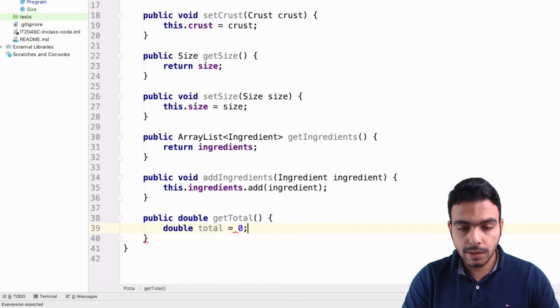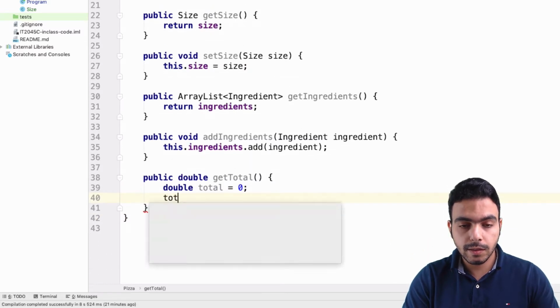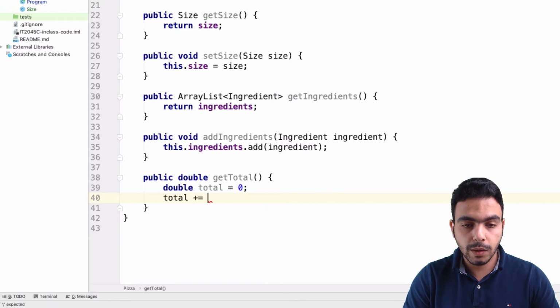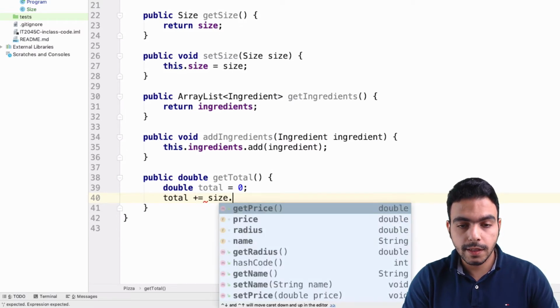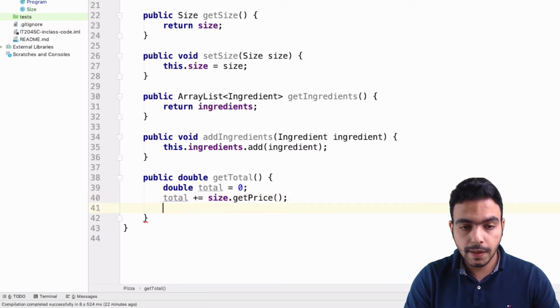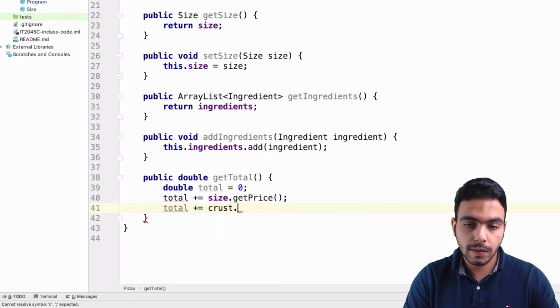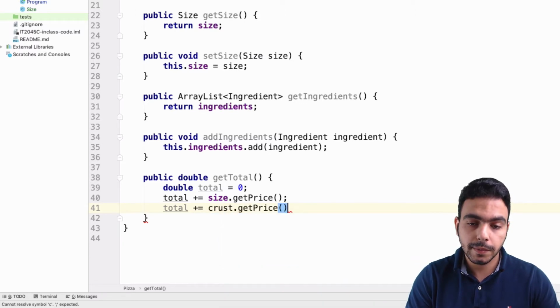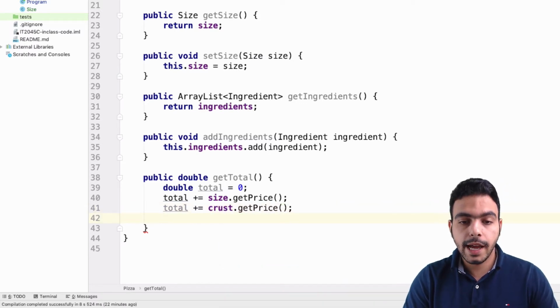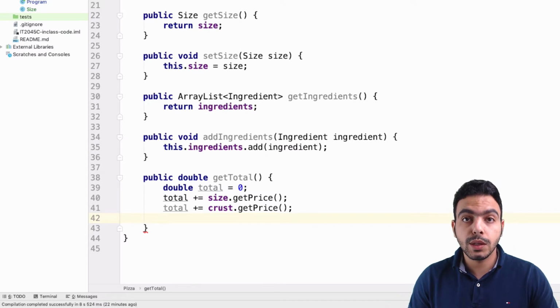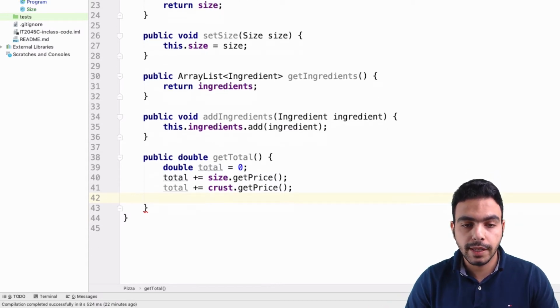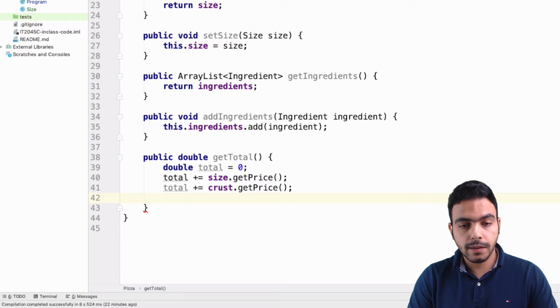I'm gonna set it to 0 for now, and total will plus equal size dot getPrice, and then total will plus equal crust dot getPrice. And now we're gonna have to loop over our array list of ingredients and add up the prices for everything that we have there. So to do that,